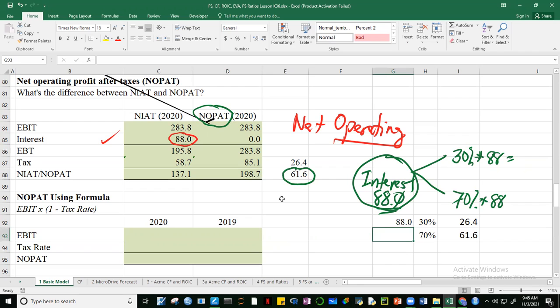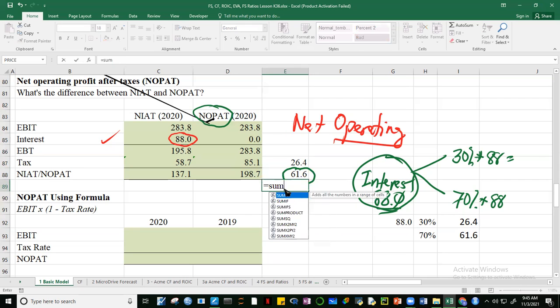And then we ask the question, by how much will NOPAT be greater than net income after tax? Subtracting the two, we have 61.6. And we notice that it's not equal to 88. The difference is not equal to the interest expense. Why? Because the tax for net income after tax will be lower. 58.7 versus 85.1. The difference is 26.4. If you add these two,